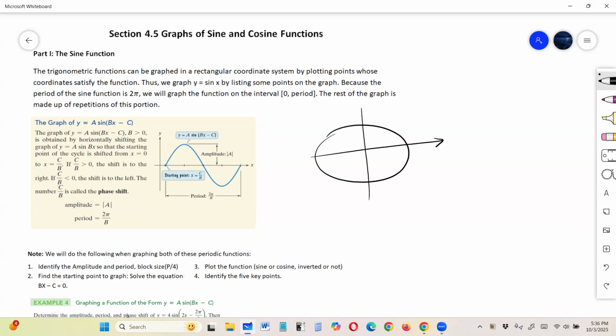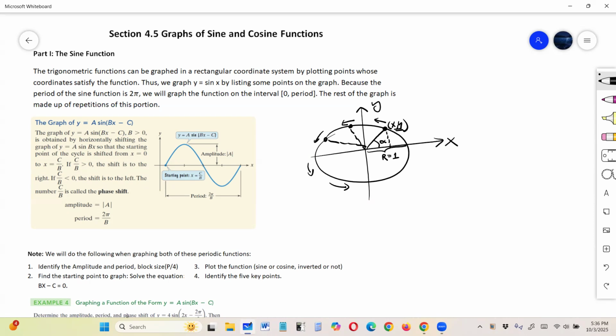Imagine that you have a circle. Doesn't matter, this is the radius, doesn't matter if it's the unit circle or not. And we have an angle here, whatever the angle name is, doesn't matter. And this is a point on this circle. Now, as this is moving, as this is advancing, it creates an X and Y coordinate everywhere